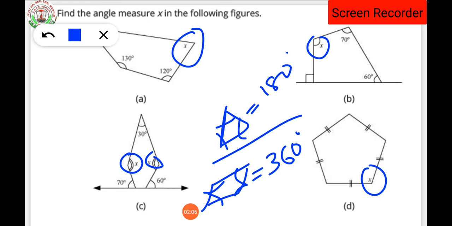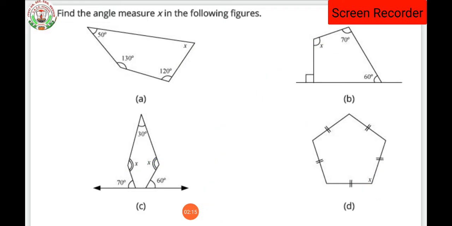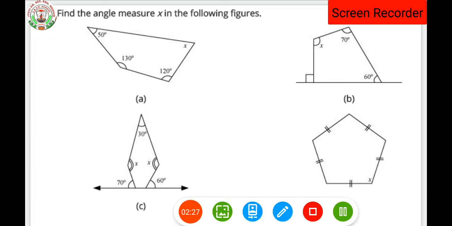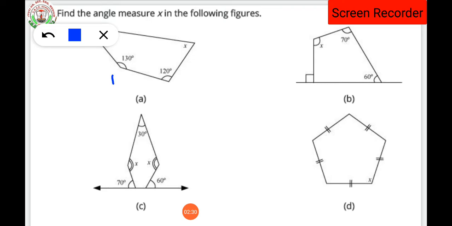As we have the angle sum property, in the same way we have this quadrilateral property also, that the sum of all the 4 angles of a quadrilateral is equal to 360 degrees. Okay, so using that particular property, we are going to find the value of x in this figure. Okay, suppose this is A, B, C and D. The figure is nameless. We can give the figure a name according to our own convenience. We can give the name as P, Q, R, S also, or X, Y, Z also. Any name you can give according to your convenience, because a name is not given in the figure.